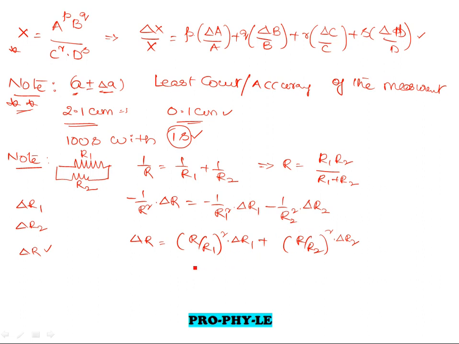Once I know the R value, R1 value, delta R1 value and delta R2 value, then I can identify the corresponding error in the equivalent resistance of that particular parallel combination. This is quite an interesting area where you have to identify the reciprocals. Similarly, you can expect questions on the lens equation or mirror equation, 1 by F equal to 1 by V plus 1 by U. If you are given the error in V and the error in U, and asked to identify the error in F, then you also have to follow the same technique to identify the corresponding error.